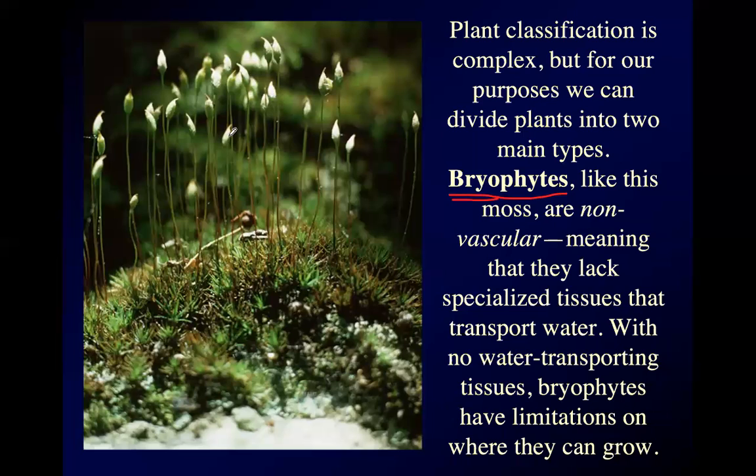But since mosses don't have a way of transporting water from one part of the plant to the other, the entire plant has to be kept damp. And this is why you tend to find mosses in places that stay pretty damp, like on the soil, in shady spots around the roots of trees and places like that, sometimes growing directly on trees, places that tend to get a lot of moisture and tend to trap it. So this is why we don't get mosses growing the size of live oaks. They are, as we say,